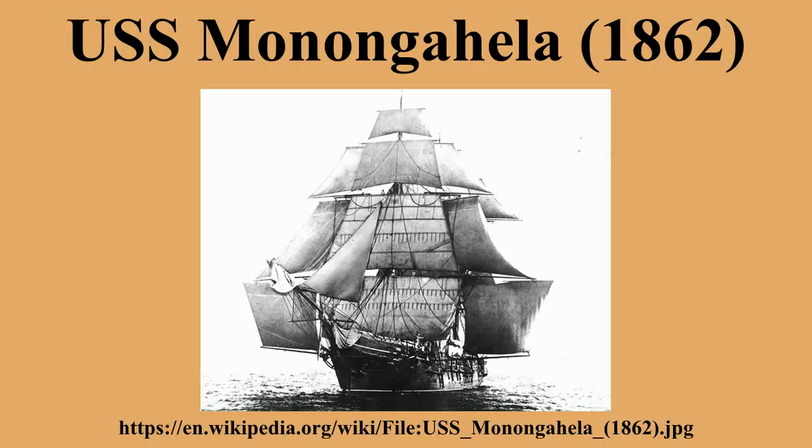During the conversion, her rig was changed to bark to allow her handling by a smaller crew. Monongahela continued her duty on the Pacific Squadron as storeship at Callao, Peru into 1890, and then sailed round Cape Horn to Portsmouth Navy Yard to be fitted out as an apprentice training ship. Emerging from the refit a full-rigged ship, the old converted sloop joined the training squadron in 1891, serving in that